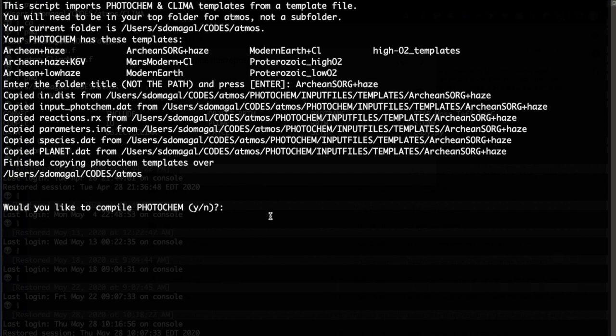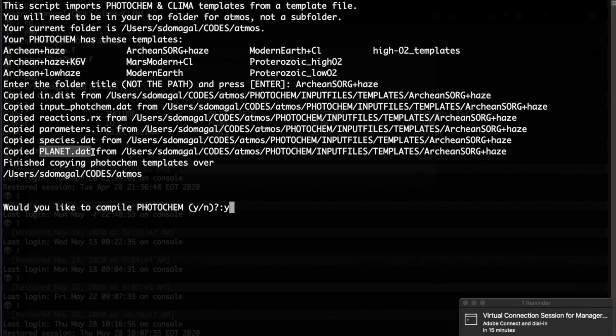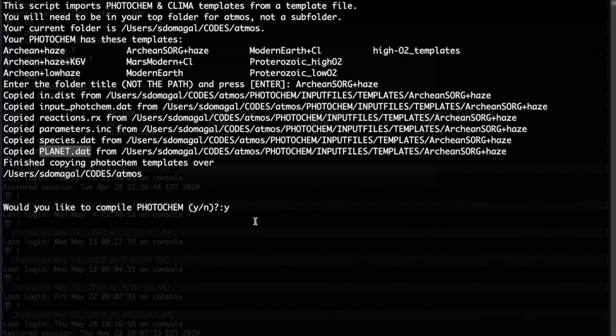So after it copies the files, the next thing it's going to ask is, do you want to compile photochem? The first time you run the code, you will have to do this. I strongly recommend doing this anytime you switch templates. If you have not switched templates and you've already run the code, you don't have to recompile photochem. And the reason is that all these input files, and in particular reactions.rx and species.dat and planet.dat, have things you might want to change between runs. You might want to change the gas concentration or the star type, or a reaction rate constant. If you want to do those things, you can make those changes in the input file, and you don't have